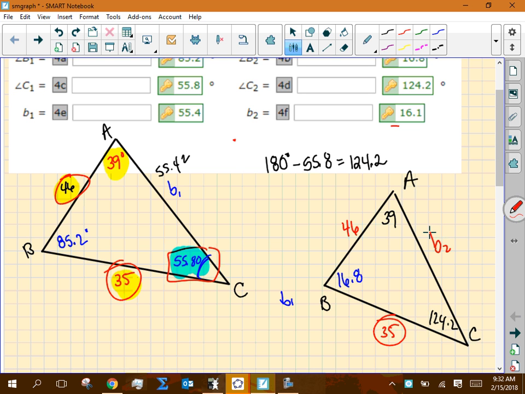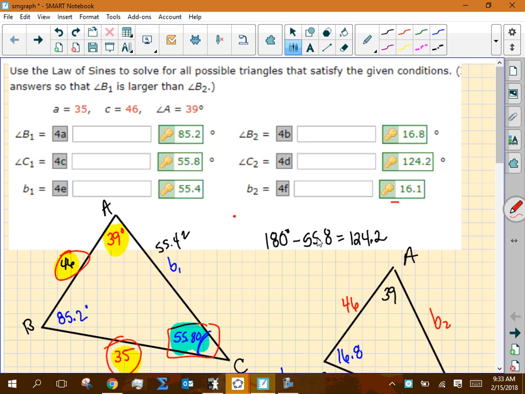In the homework, sometimes it's kind of obvious that the ambiguous case is existing because they give you one column of B1, C1, and lowercase b1. And in the second column, they give you angle B2 and angle C2 and lowercase b2. That obviously tells you then you probably have two triangles, right? Okay. Some of you might get questions that look like,